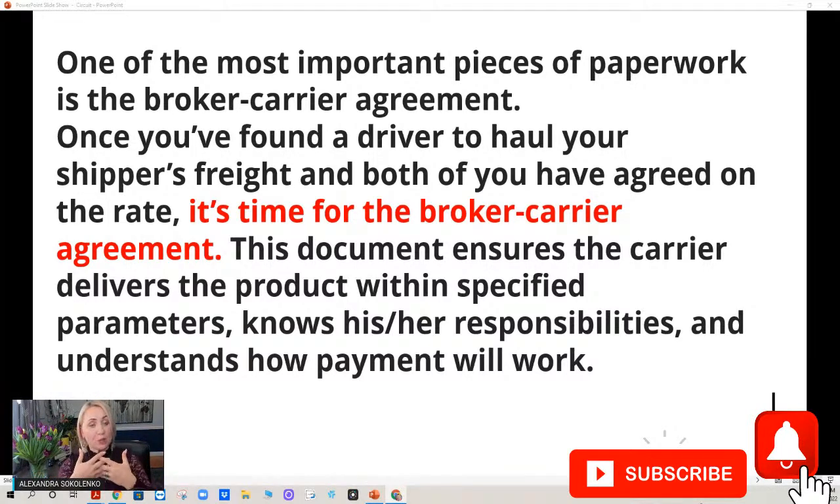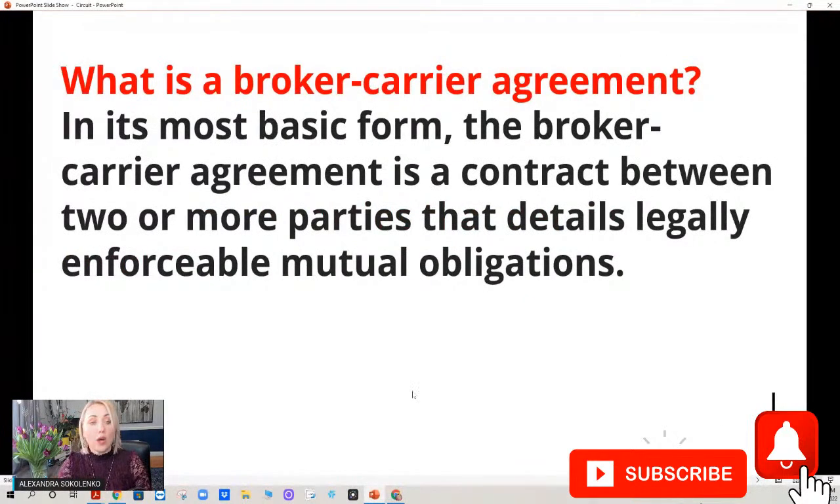They need to exchange paperwork for the initial setup, the broker carrier agreement, where the broker puts their terms and you have to agree with them. This is the initial paperwork where brokers put what they want from you and how the payment is going to be done, and we're going to go over this. This is the basic explanation: this is a contract, this is an agreement. And you have to remember that this is